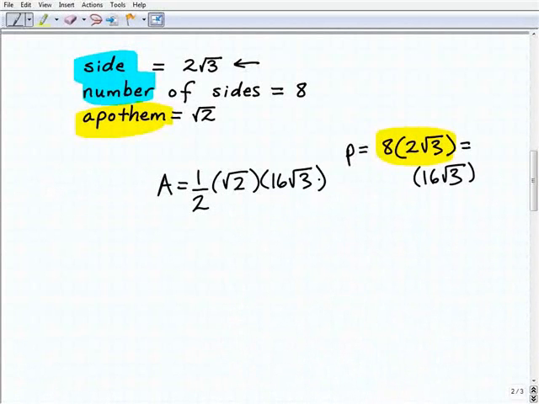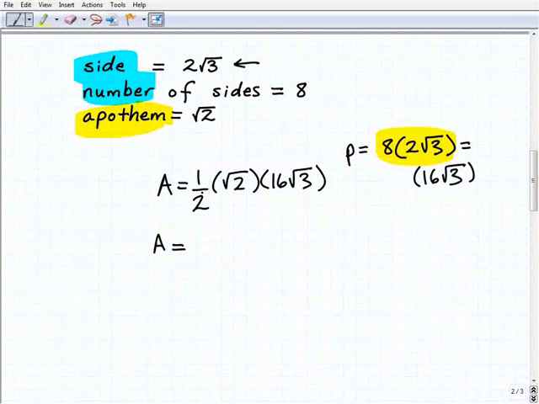Okay, now if you're struggling with these radicals, you say, I'm just going to use my calculator. That's a bad mistake. You want to make sure you know how to work with these calculators. It's just not enough to get the actual value. You want to be able to simplify these expressions. All right, so let's go ahead and clean this up so we have a final answer for